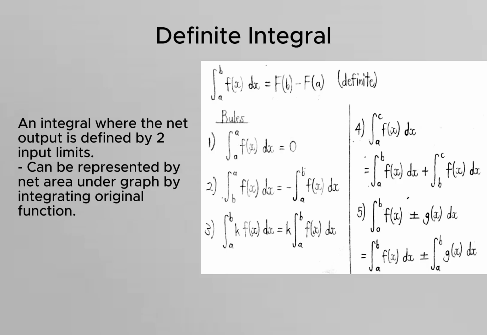For the first one, there is no net area, thus the output of the integral is 0. For the second case, because the limits are swapped, eventually you can unswap them and you just add a negative value behind it. For the third case, it's the same as the indefinite integral, and you can just prove it by using the original definition shown at the top of the picture. For the fourth one,